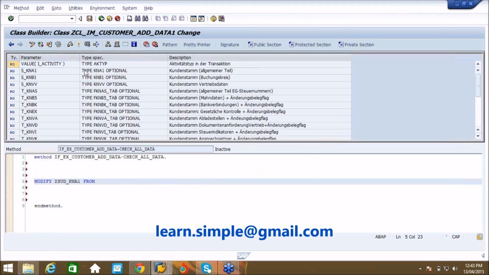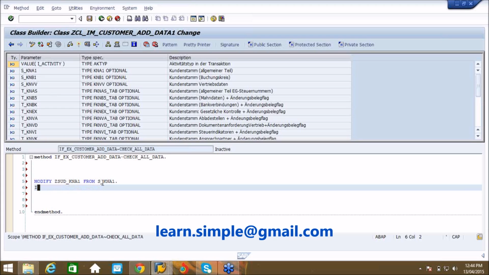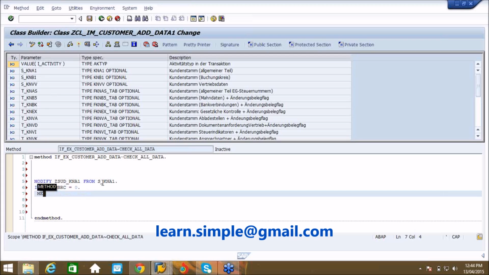Here you can see there is an importing parameter to this method whose name is S_KNA1. So I will say modify my table from the work area whose name is S_KNA1. Then if sy-subrc equal to 0, I want to give a message.